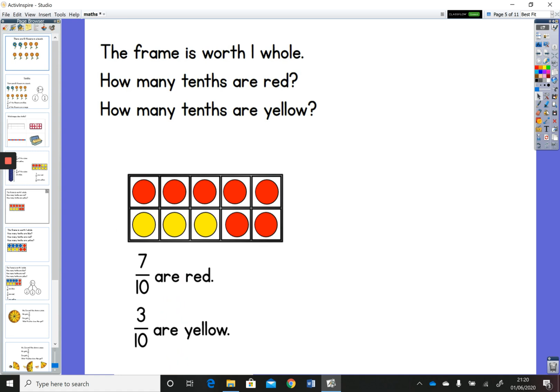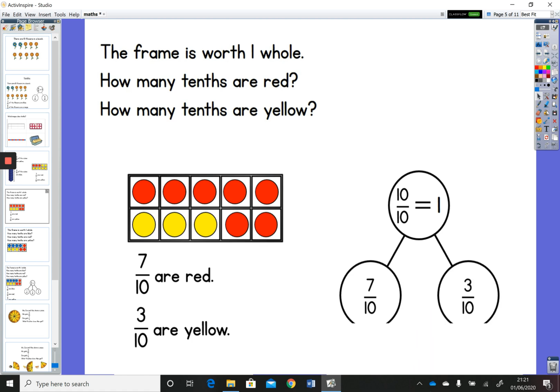Here we go. 7/10 are red, because if you count them, 7 of those counters are red, and 3/10 are yellow. And again, I'm just going to show you using the part whole model, and the whole would be 10/10, and that is 1. In this case, it's the frame we're talking about. And then you've got 7/10 are red and 3/10 are yellow. Okay,